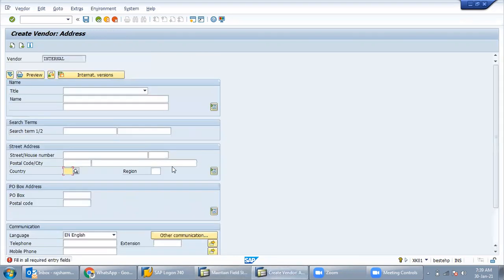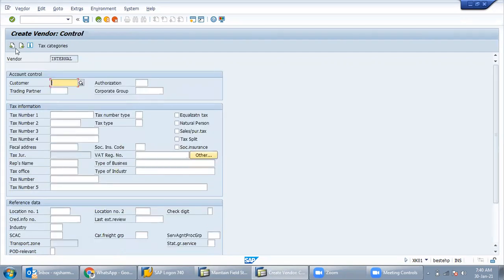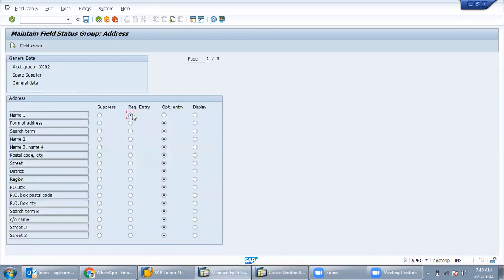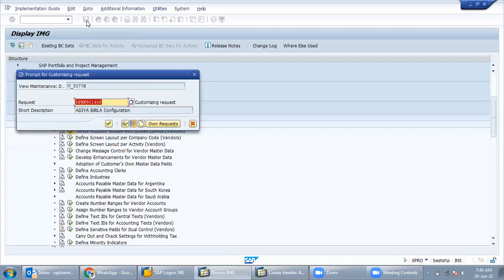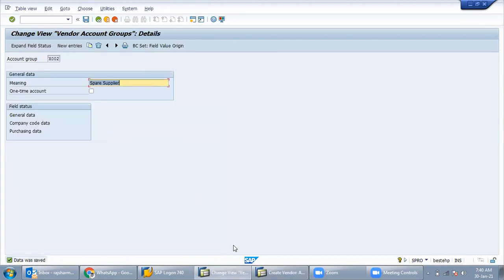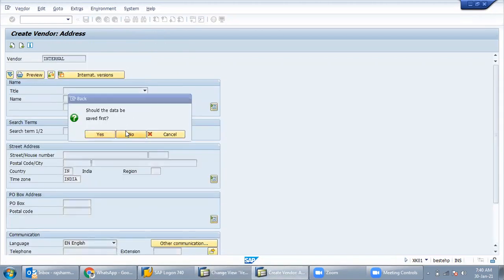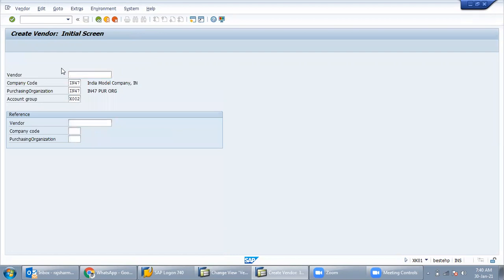So suppose in the name field, we select required entries. Now see, currently name is not mandatory; just country IN is mandatory. When we select IN and click enter, it will go to the next step. So suppose name is not mandatory now. We make the name field mandatory, right? And save. What will happen now? Suppose we again create a vendor.